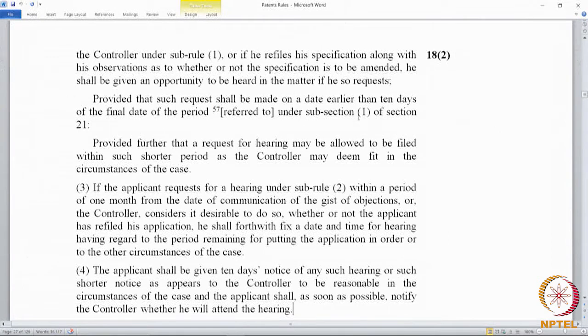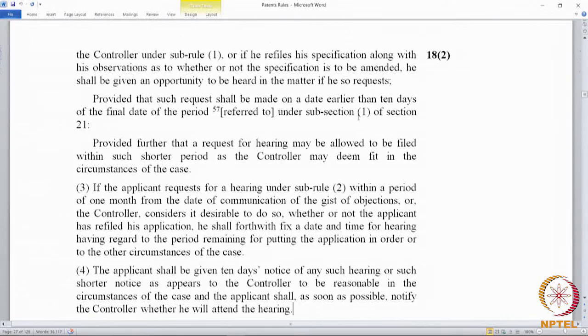At what stage is the patent application in, and how much longer does the applicant have to put the application in order for a grant? We saw the timelines in Rule 24B, examination of application. We also saw in Rule 24C the timelines in the case of an expedited examination. Now, Rule 24B and 24C actually expand on the timelines mentioned in Section 21.